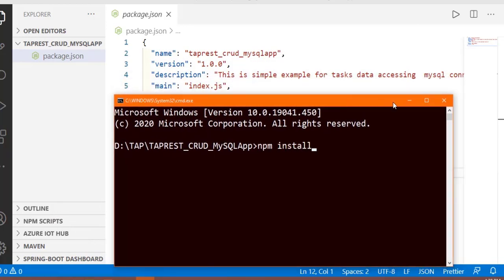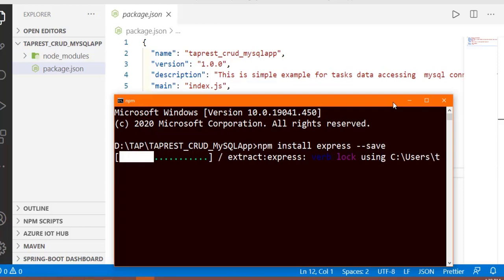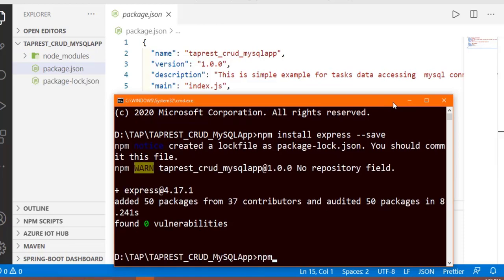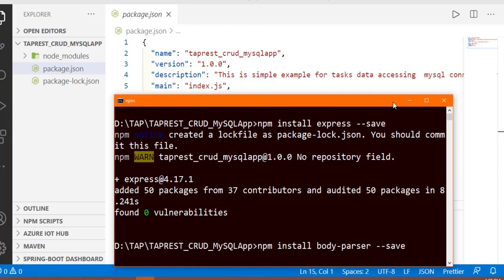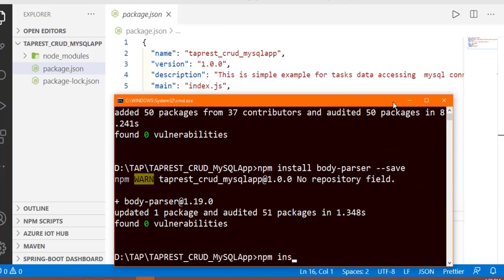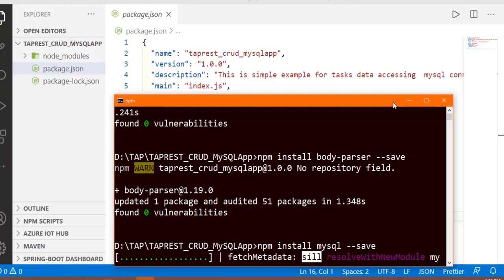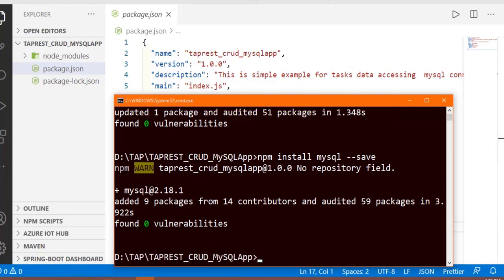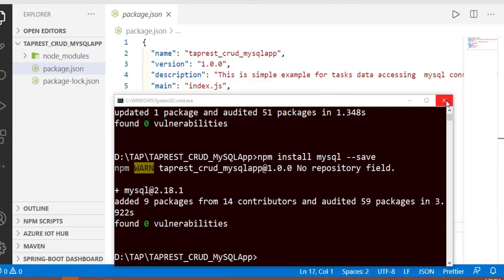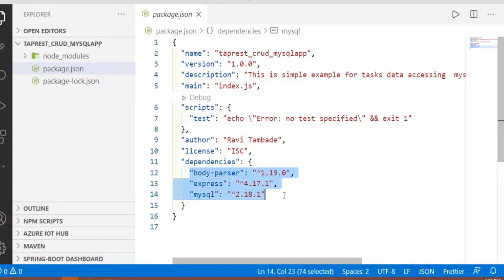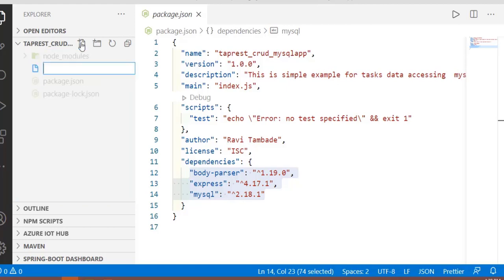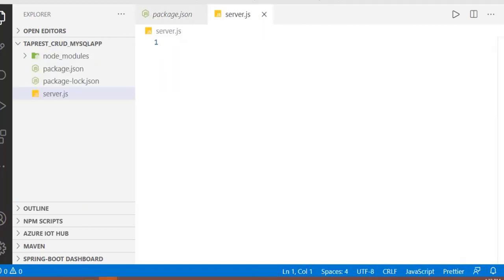So we can use our npm tool for downloading the module, which is Express. This module is required for building a REST API. At the same time, if you want to handle request and response, you always require the content of the body to be parsed. So we require the body-parser module and the connector, which will help us get connected with the existing MySQL database. Now, once these modules are there, you can find a number of packages have been downloaded. You will find the node_modules folder created, and the dependencies are defined in the package.json file automatically.